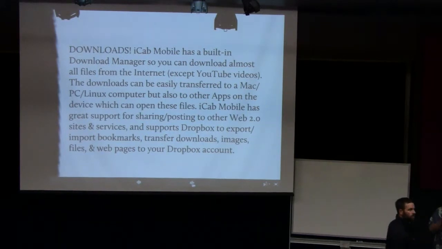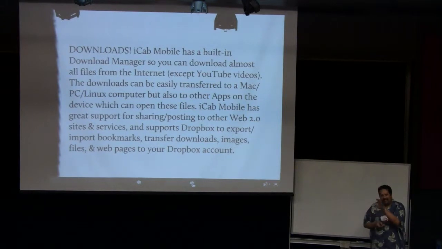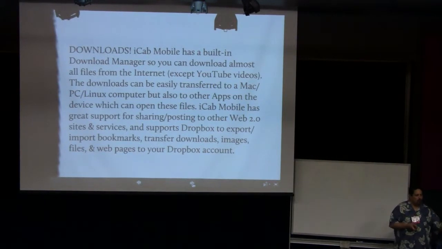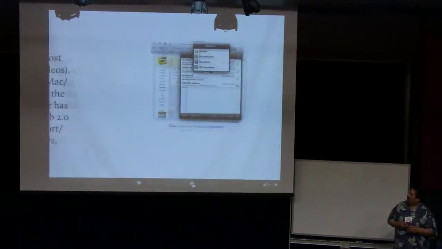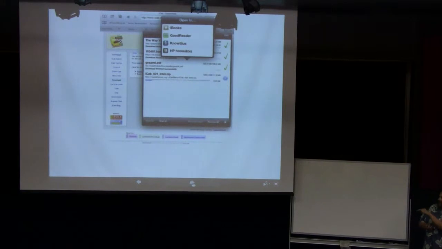Plus, it has some really good plugins that work well with a lot of other bookmarking sites and social sites that we're using more and more in education. So there's your download manager. If you just do a long press on something you want to download, like a video or a picture or something else,